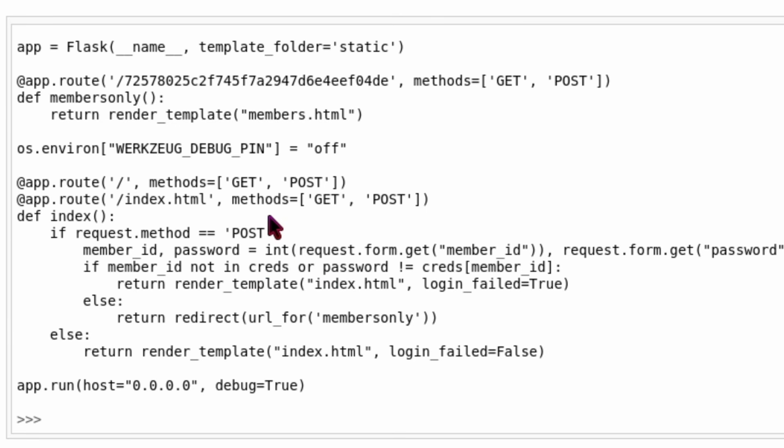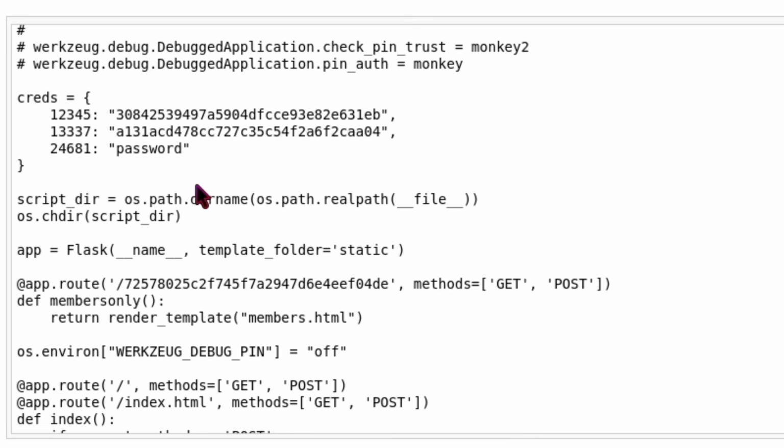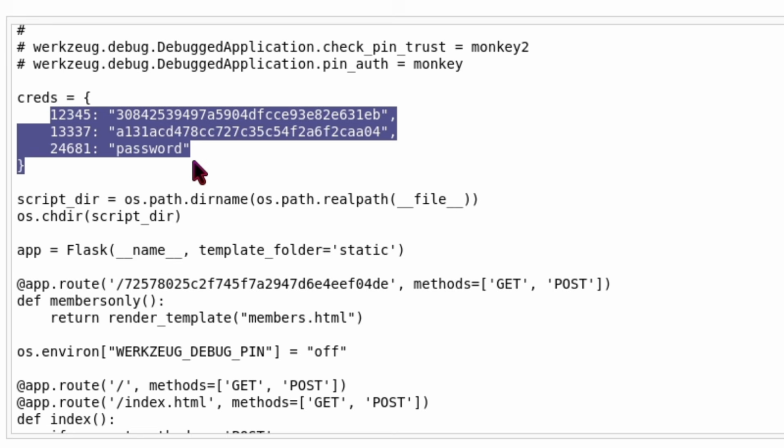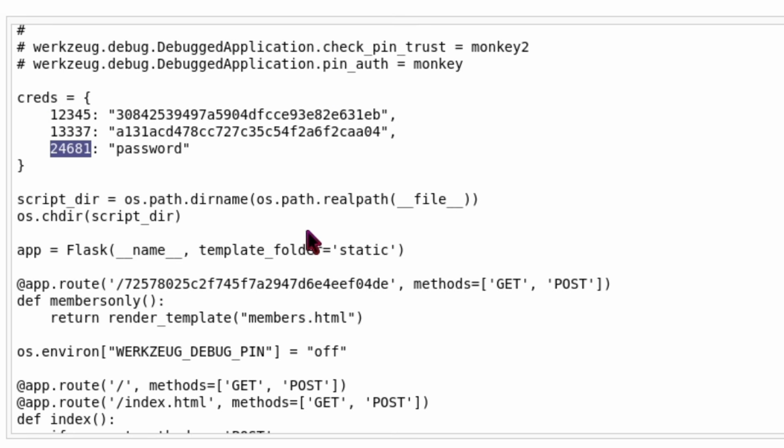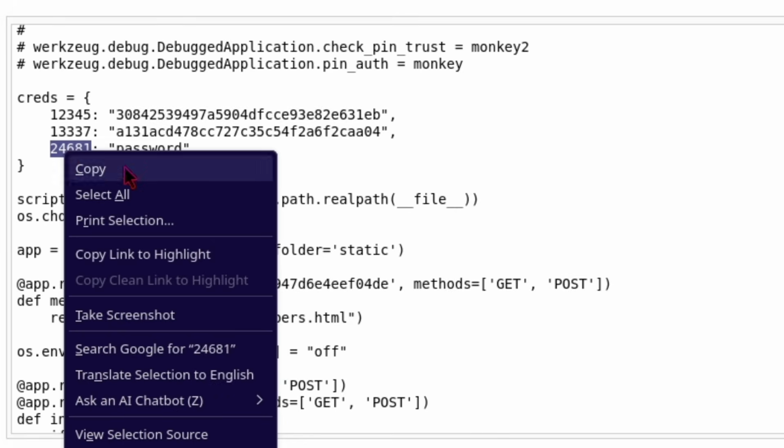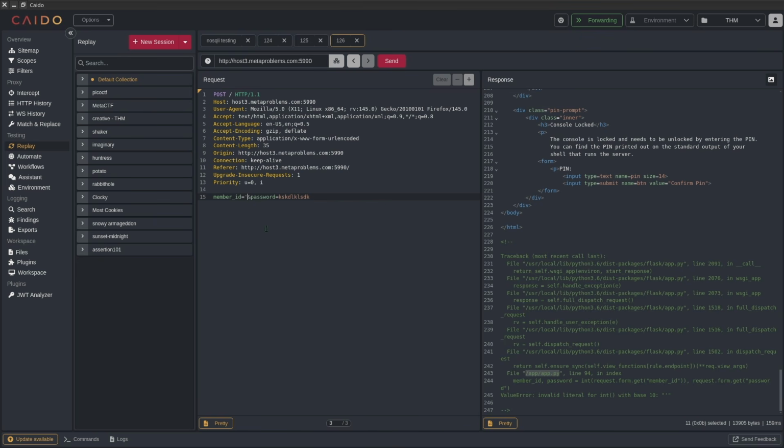So knowing that, we can actually look for this creds variable, which is right here. And we see that it has some hard-coded member IDs and a password, a plain text password at that. At least these are hashed, but nevertheless, we have a password here called password. Wow, very secure. Okay, so now that we have a member ID and a password, which is password, we can actually use this to log in,